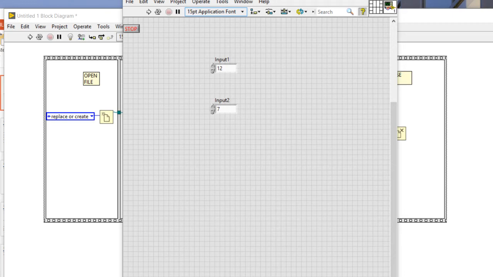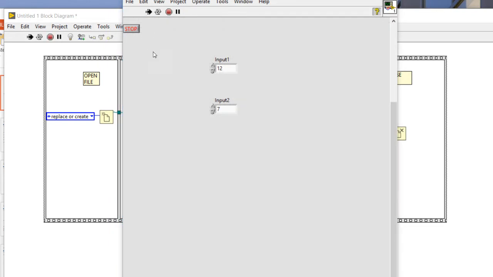This is a video covering the data logging procedure in LabVIEW. I'm specifically looking at how we log data to a text file that is formatted in a way that's easy to use in Excel. So I have a sample program set up, and